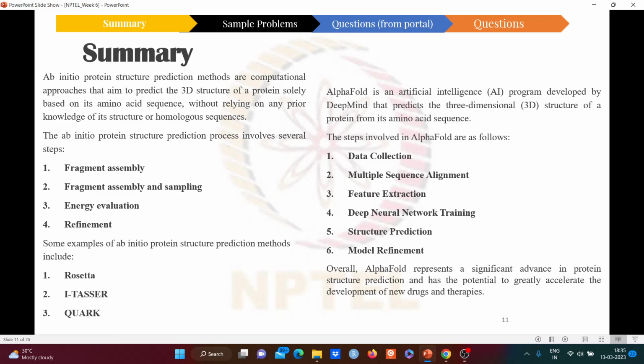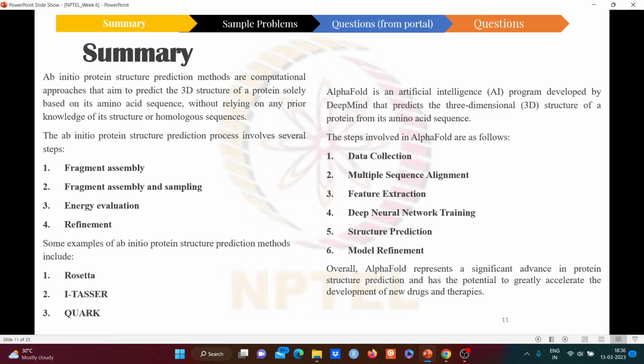The first step is data collection. So that involves collecting data on the protein of interest, including its amino acid sequence or any related structural information available from experimental studies. The second step is to perform a multiple sequence alignment of the amino acid sequence with other related sequences from a variety of algorithms. This step helps to identify any conserved residues or patterns in the sequence that may be